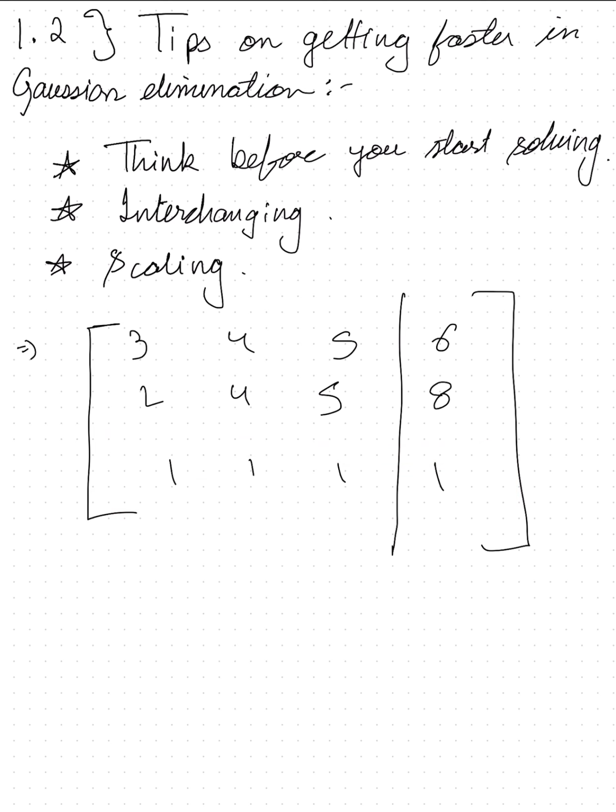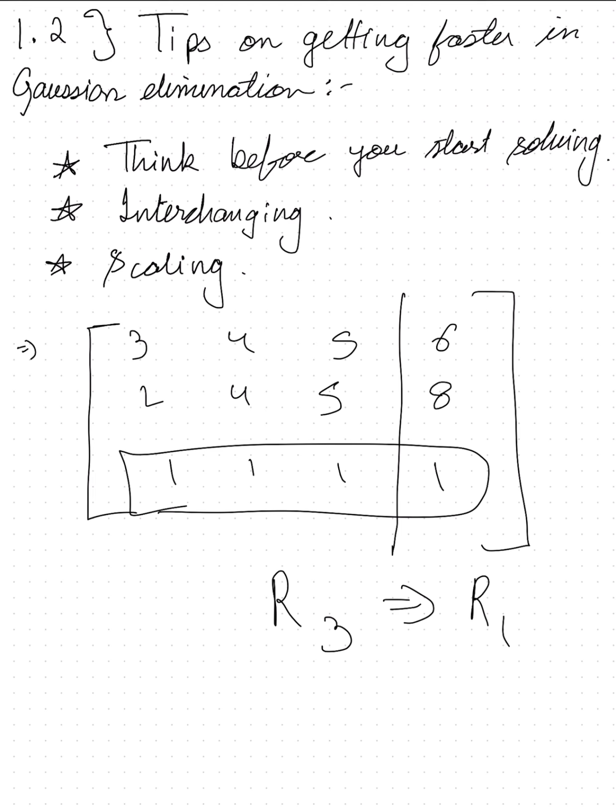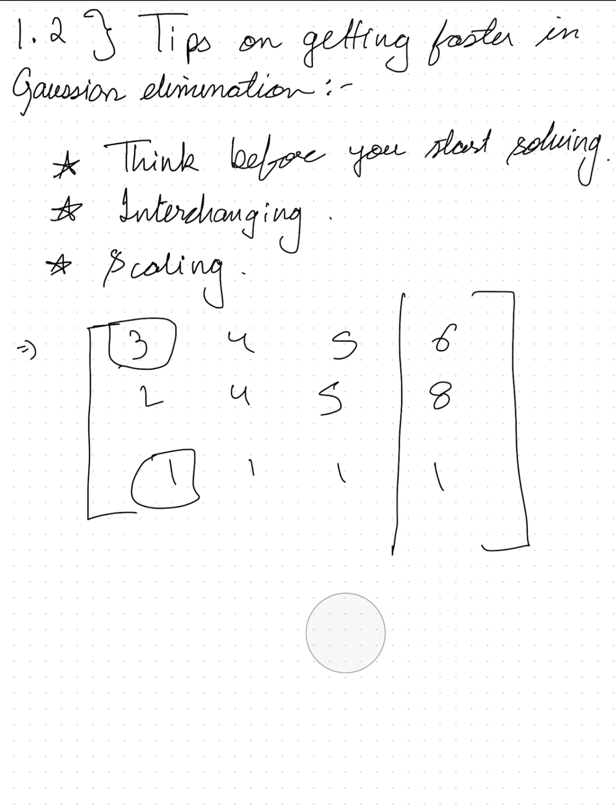What you can do is switch row 3 to row 1. You can do that, it's fine. The only thing is you have to do it before you start doing row operations or matrix operations. So if you see a matrix like this, the leading coefficient is 3, and one of the rows has 1 as a leading coefficient, you can switch it. So here we can replace row 1 by row 3, so we'll get